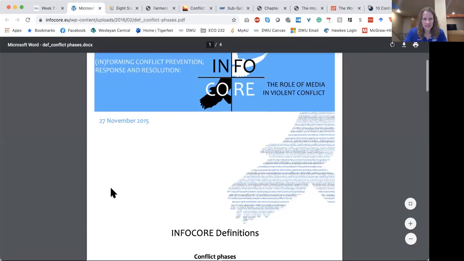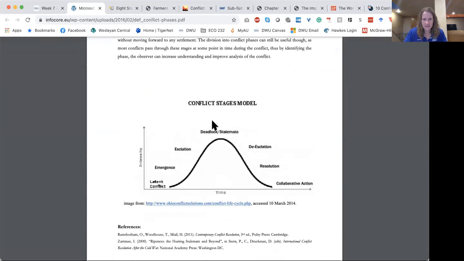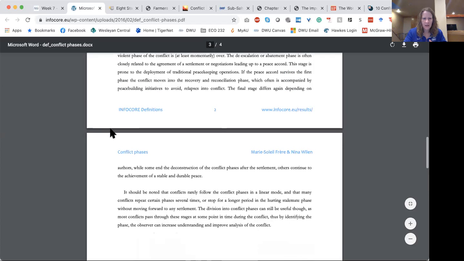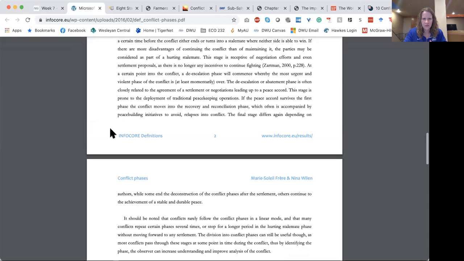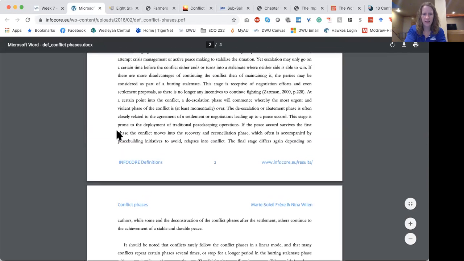And then this one is another one that kind of looks at the different stages again, and they've got those 7 right there. You can see the same bell-shaped curve where you've got your latent, your emergence, your escalation, the deadlock, stalemate, de-escalation, resolution, and collaborative information. This one has some good international conflict stuff. I would highly recommend you do a control find and then search for